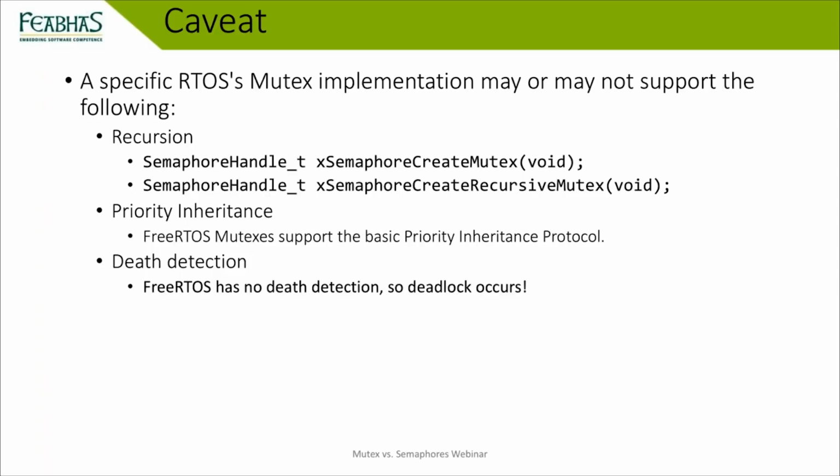I said many do. Actually, pthreads doesn't, but surprisingly, the Windows API does, which was quite a shock. But some of the RTOSs will do death detection in there. So again, do look at your real-time operating system. Do dig into what the mutex interface is and what the semantic model is and the syntactical model as well